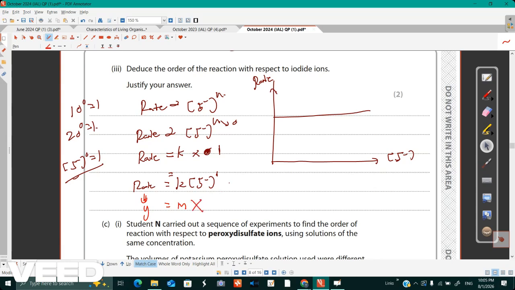So it is a y equals mx type of graph, right? A straight line. If the order is 1, it's a straight line going to the origin. So the graph we got is a straight line going to the origin. So therefore the order must be 1. In case the order is 2, rate is equal to k